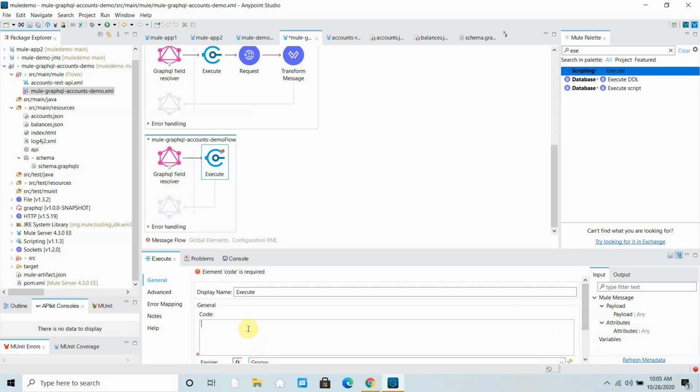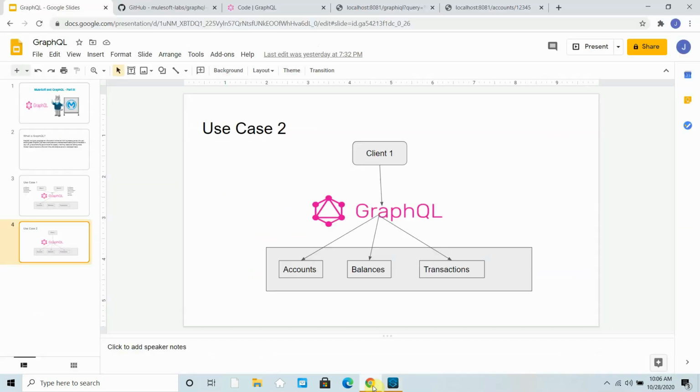I will store the source response. I want to read out the source response, the account response, because I want to extract the ID field. If you see, the balance API is expecting the ID also. The balance API contains one query parameter, which is the ID field. How can I get that ID?